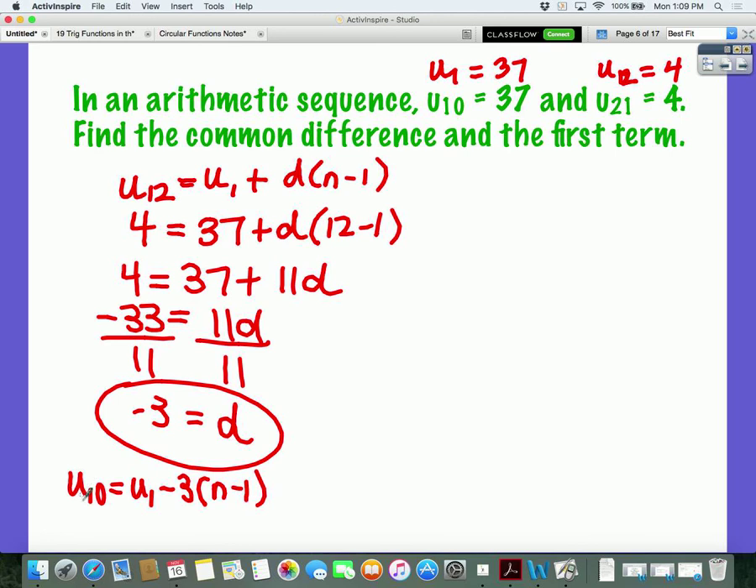So using my 10th term, it's going to be 37 equals u sub 1 minus 3 times 10 minus 1. 10 minus 1 is 9. What's 9 times negative 3? So I have 37 equals u1 minus 27. Then I'll have to what? Add 27 to get my first term, which is